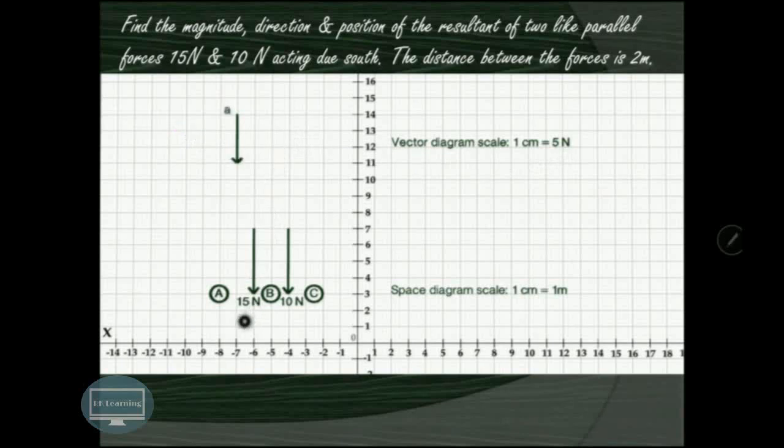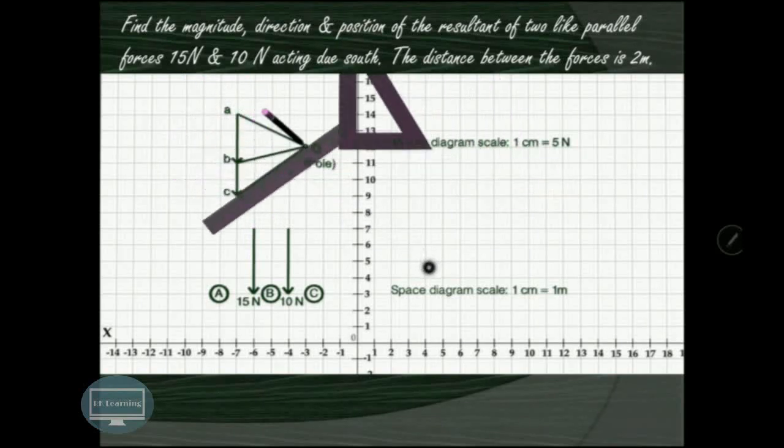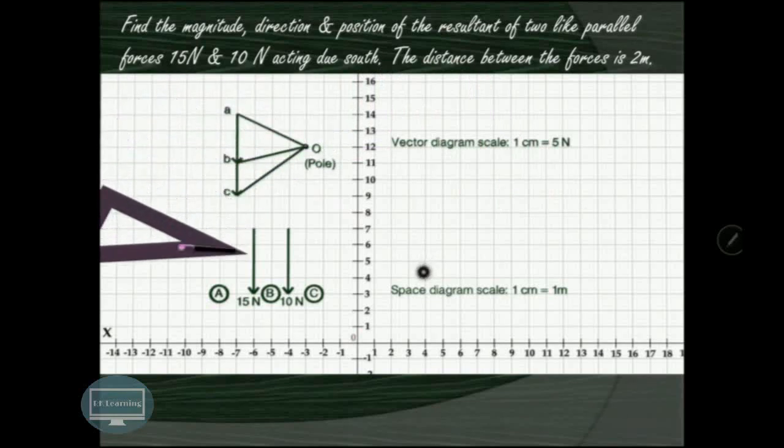So our first vector will be 15 divided by this 5, that is 3 centimeter. So this AB will be of 3 centimeter, as you can see over here. Similarly, this BC will be of 2 centimeter. Now take pole O, join this OA, OB and OC, as you can see over here, and draw a line